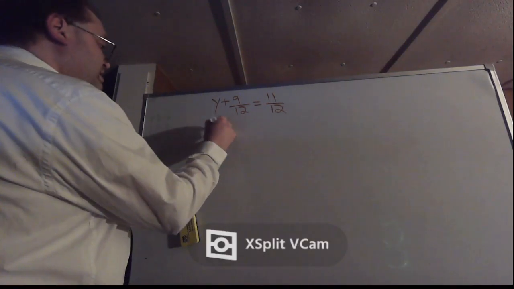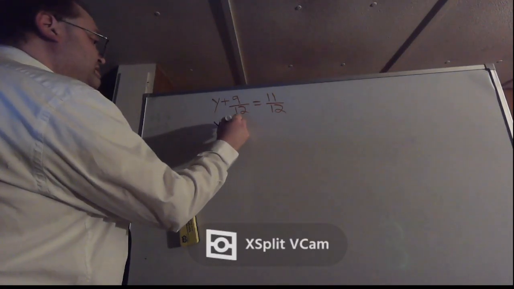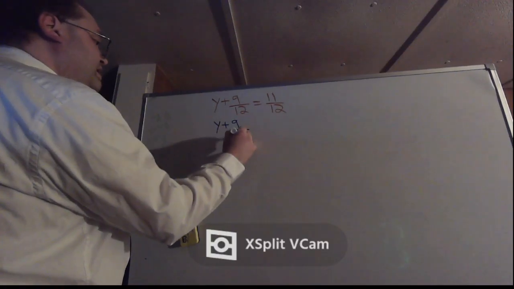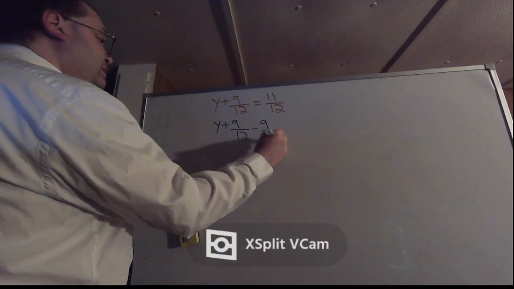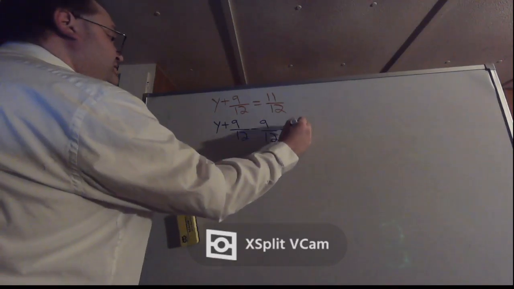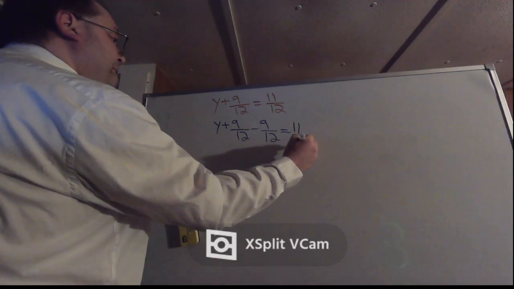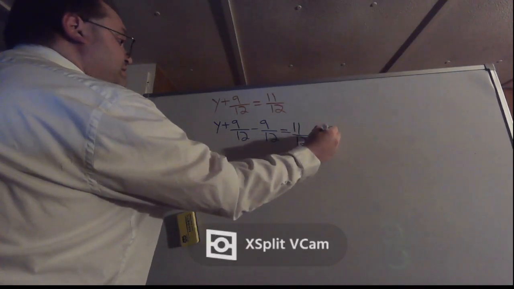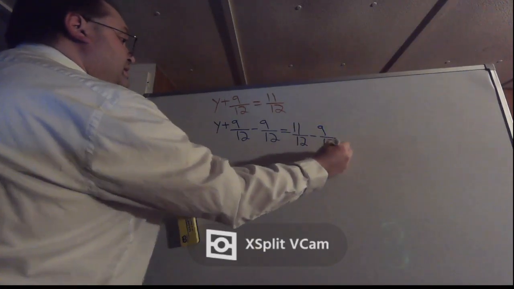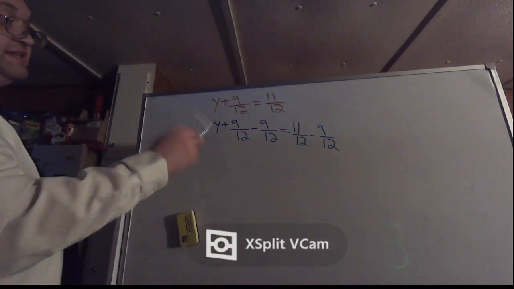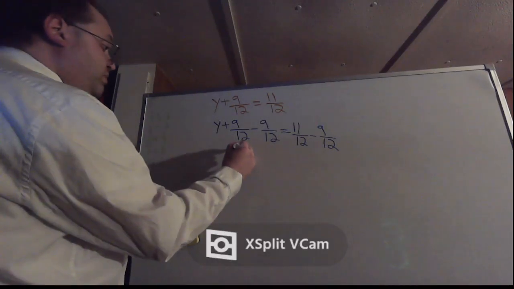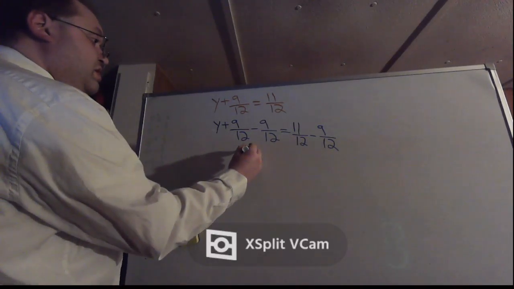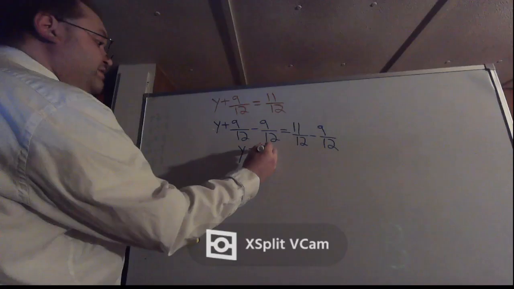So you'll have y plus 9/12 minus 9/12 is equal to 11/12 minus 9/12. Okay, so we can see on the left-hand side, 9/12 minus itself gives you 0, so you'll have y by itself. Y will be equal to 11/12